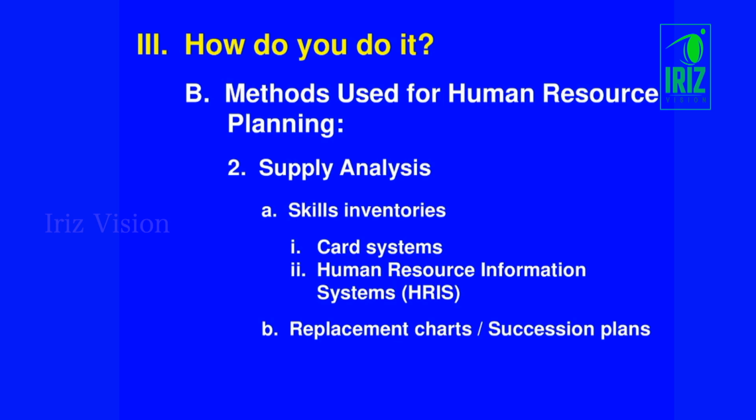This is what you can do when you go for replacement charts and succession plans. Or else replacement itself will be very difficult now, and it will take time. That is why I am talking about it. It will take a minimum of 1 month in an organization to do this HR planning process, and another 6 months it will be affected. So totally 7 months in a year. If 7 months go to waste, you can think how the organization will be affected.